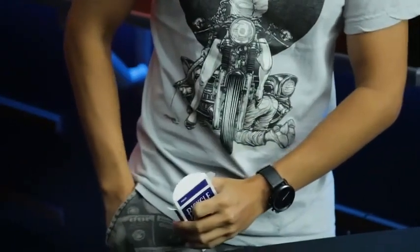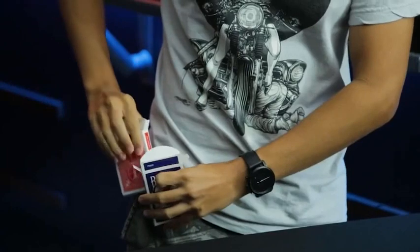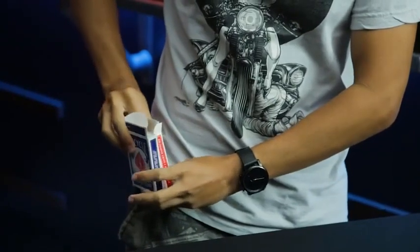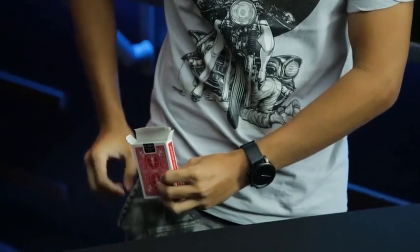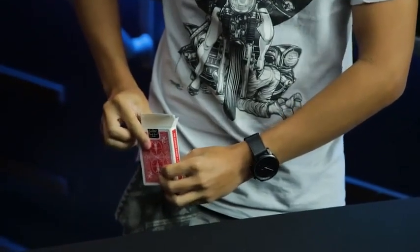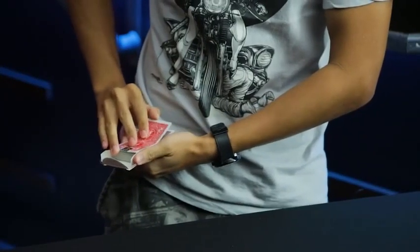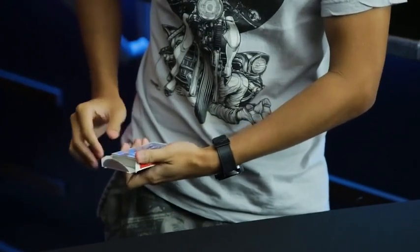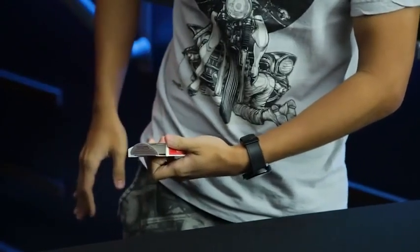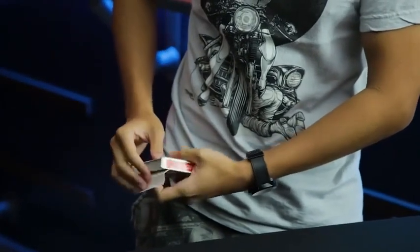But what's gonna happen is this is gonna come out like this. You're gonna switch the deck out so that the blue deck is gonna go back into the pocket, leaving you with this red deck over here. And it may feel like a lot is going to happen because you're going to actually reset this as well, but really you have a lot of time to do all of this. You're doing a very simple switch when they're not looking, and you're also resetting the flap. Okay. Now one more time, I'm just going to